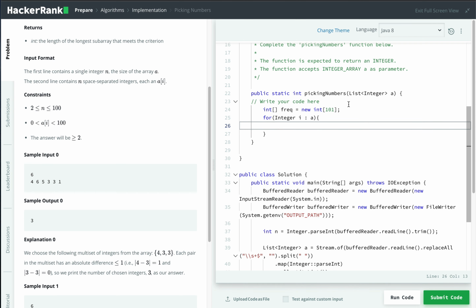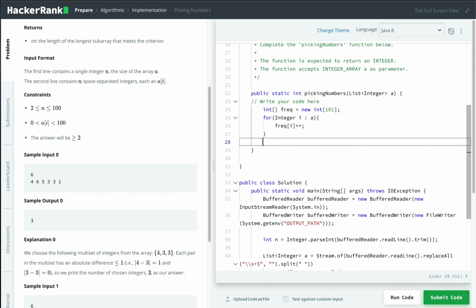Every time we encounter the same number, we increase the frequency of that number. For example, if the integer at the time is 10, then we increase the frequency at index 10 by 1. So now we have built an array of the numbers' frequency.